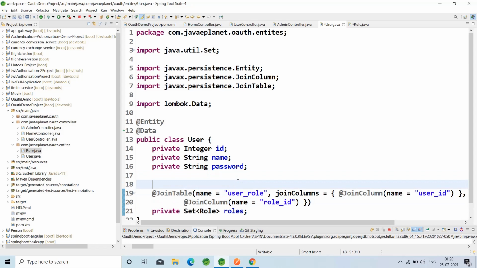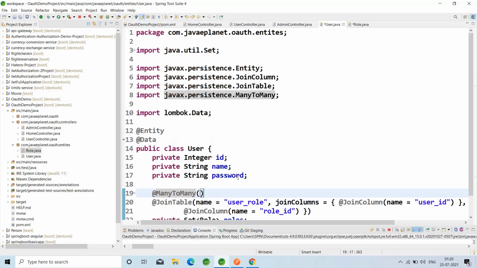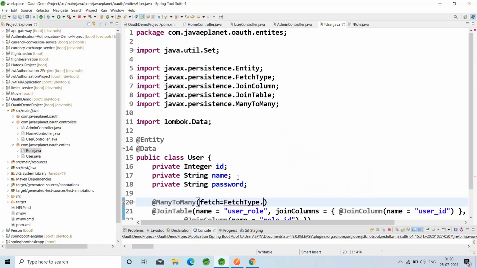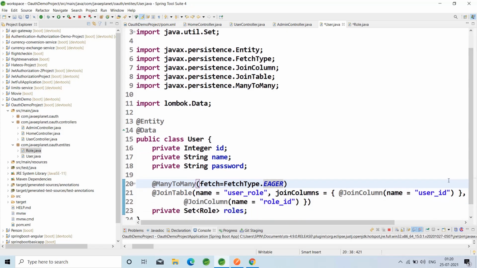Map it here with @ManyToMany, fetchType equal to EAGER, so that at runtime it will fetch it eagerly and there won't be any lazy loading.